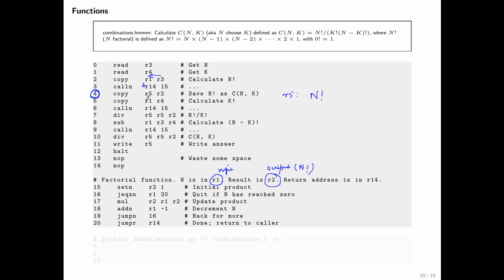Okay, now what next? The next thing that we do is copy the value of R4, which was k, into the register R1. Why are we doing this? Because the next thing we need to do is calculate k factorial, which is this part. So we copy k into R1, and then we simply make another call to the factorial